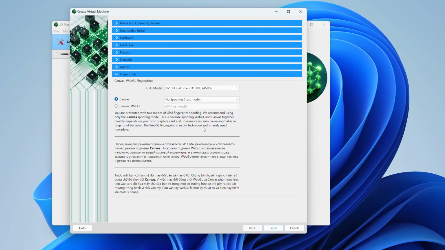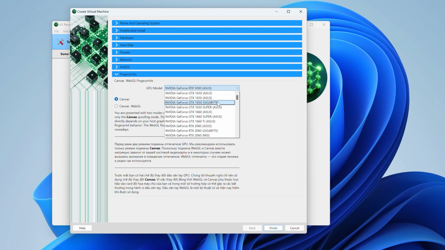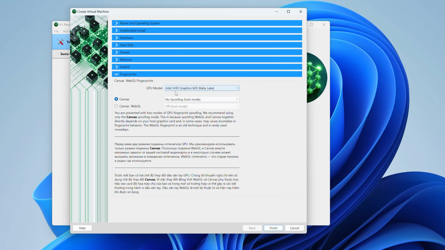Therefore, you should not chase any new fashion trends. And my personal recommendation is to use either the 16th family NVIDIA or Intel graphics cards. This will be the most correct option. I choose any Intel graphics card, for example, and then we have two options for spoofing identifiers.